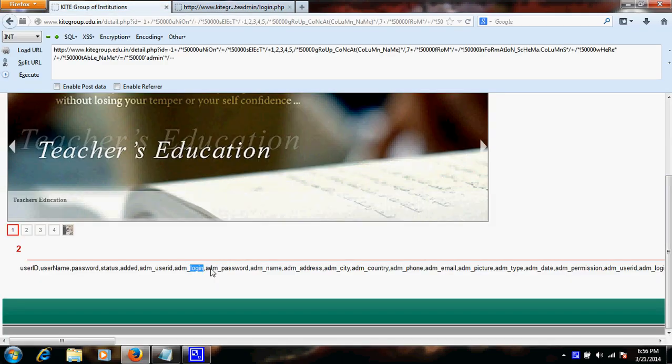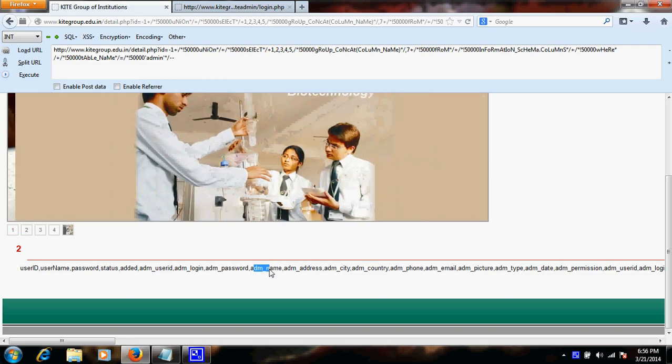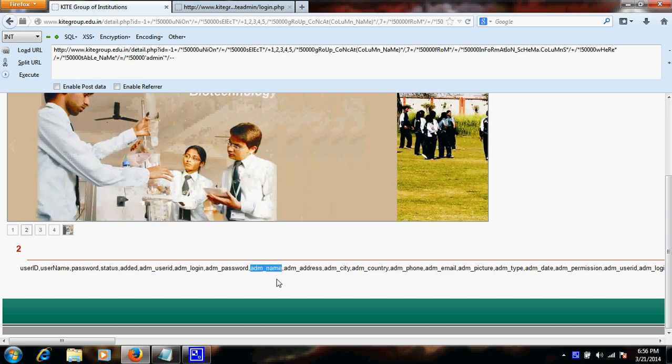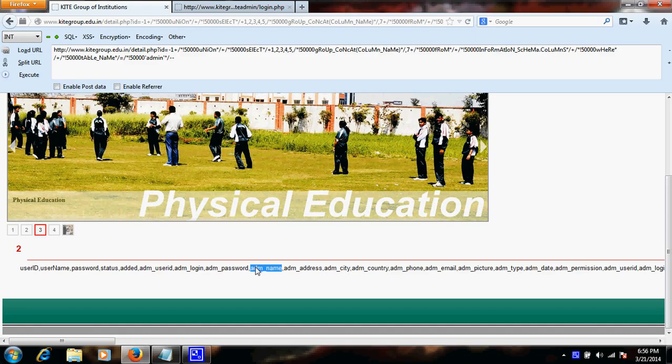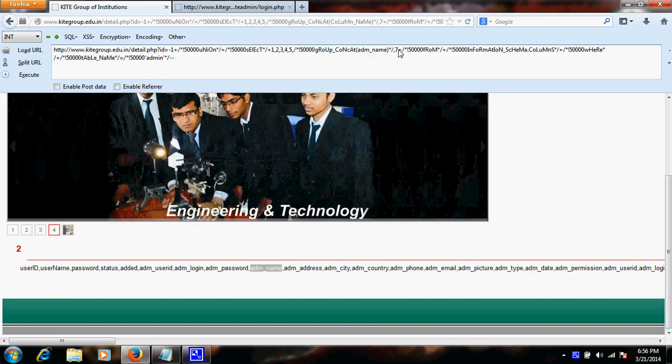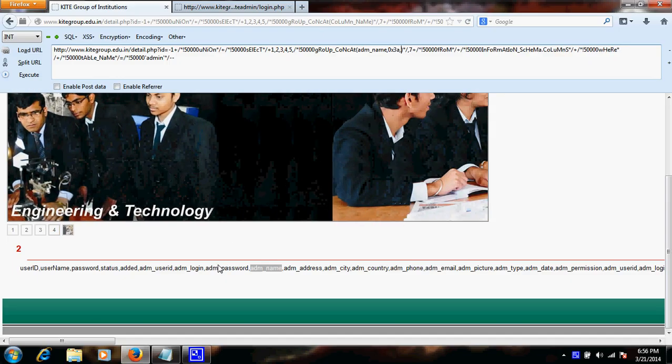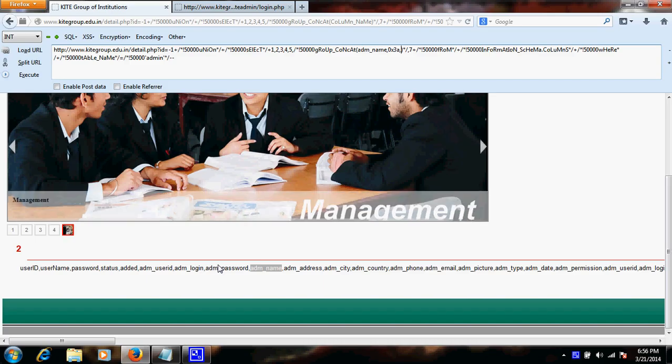So let me get the name of the user. As I want to hack the admin panel, I need the admin username. Okay, I simply copy it, and in place of column I am going to retrieve it, and 0x3a I am using as a separator between the user ID and password.